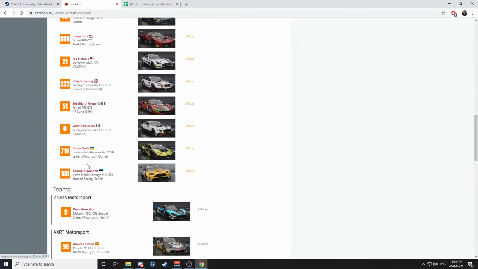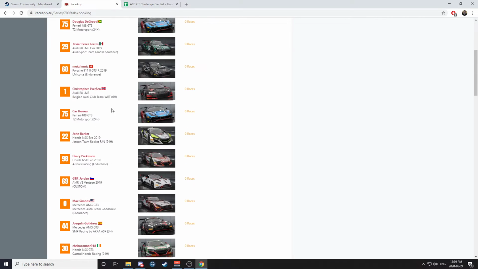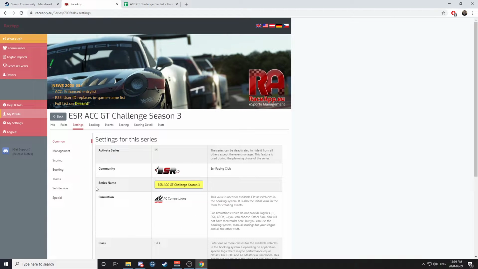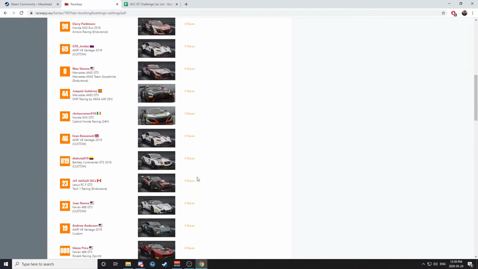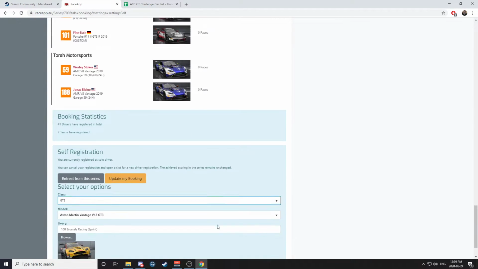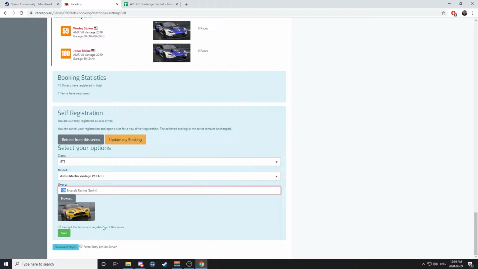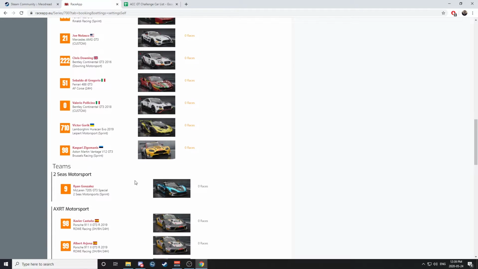Okay. Let's say he doesn't want to do 100 here. Is self-service not on? It is. Okay. It definitely is. So this is the one thing that, as an admin, I'm not... Ah, here we are. Click update booking. Here we go. You could change your number here to, let's say, 98. And there we go. So that would be how you select another number,